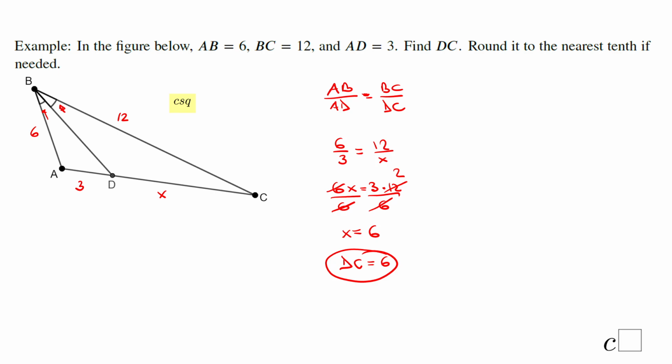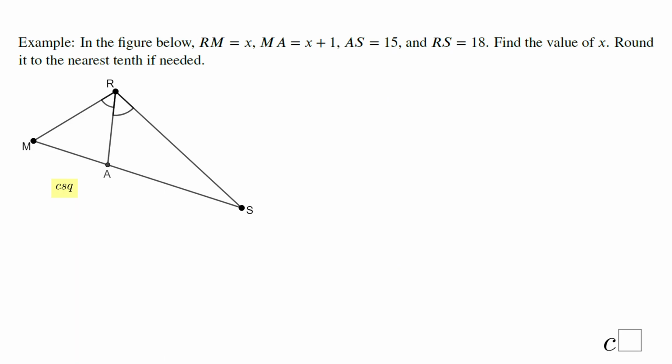Okay, let's take a look at one more problem, very similar. The only difference now is we have some expression there. In the figure below, RM is X, so again I'm gonna mark it X, MA is X plus 1, AS is 15, and RS is 18. Okay, again we notice we're talking about an angle bisector because these two angles are congruent, so we can use the angle bisector theorem, which says